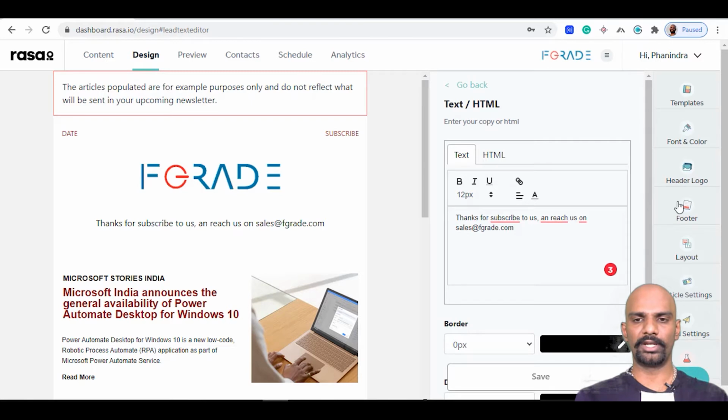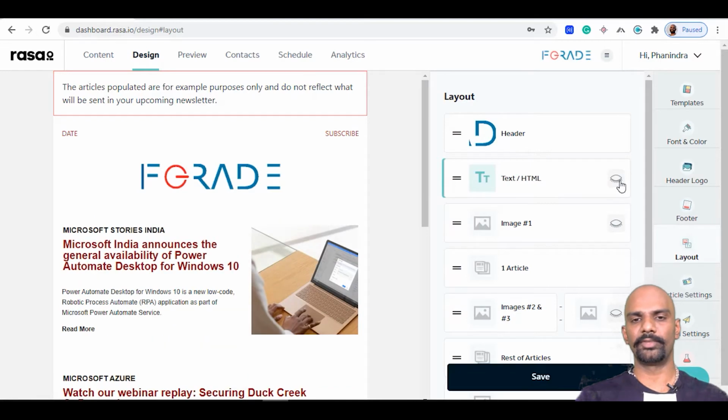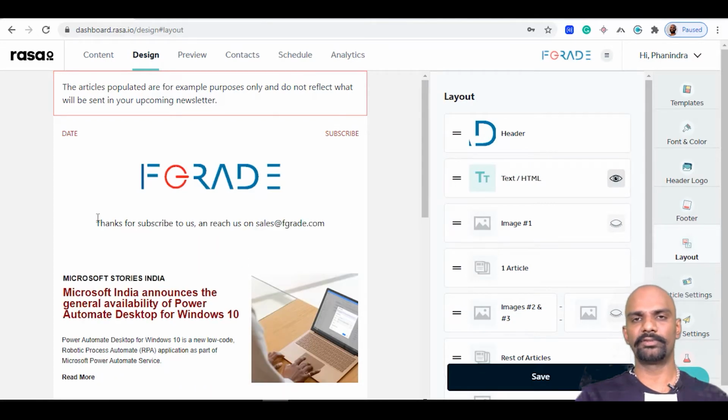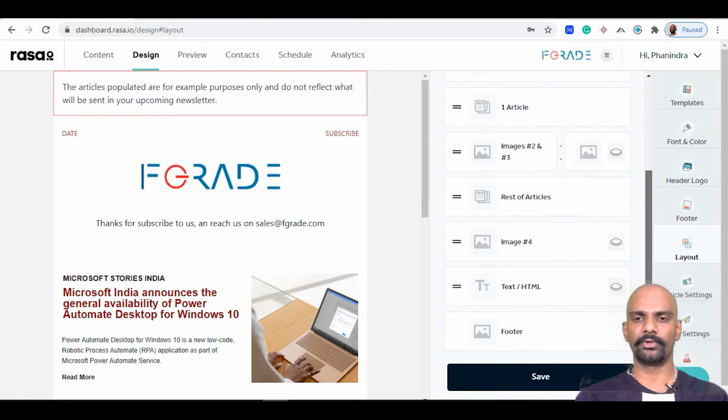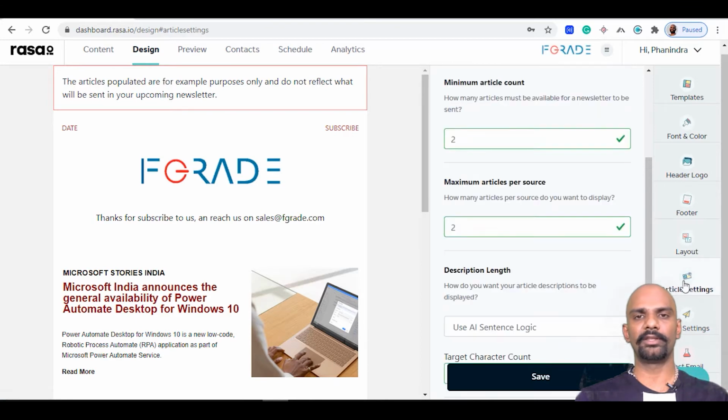So whatever you write here, okay, that will be visible on the newsletter. For example, if you're suggesting some services or some kind of information, you can say, for this kind of setup or installation or anything, we will do a service for you, or a digital marketing content you are providing. For a digital marketing one-to-one meeting, you can talk to me. Something you can mention in your content. Okay, these are predefined things.